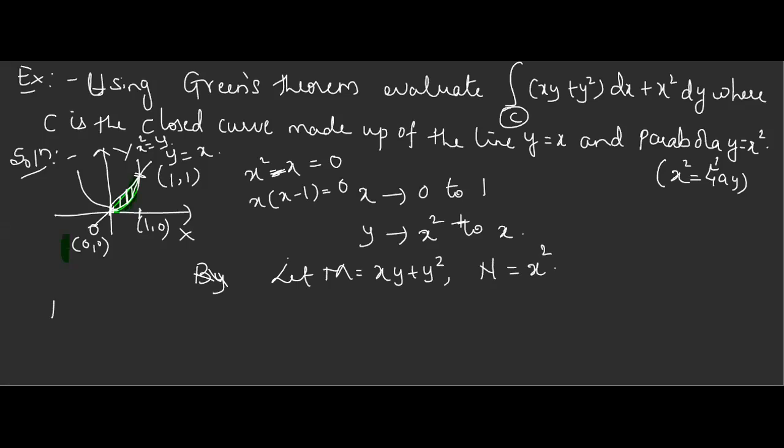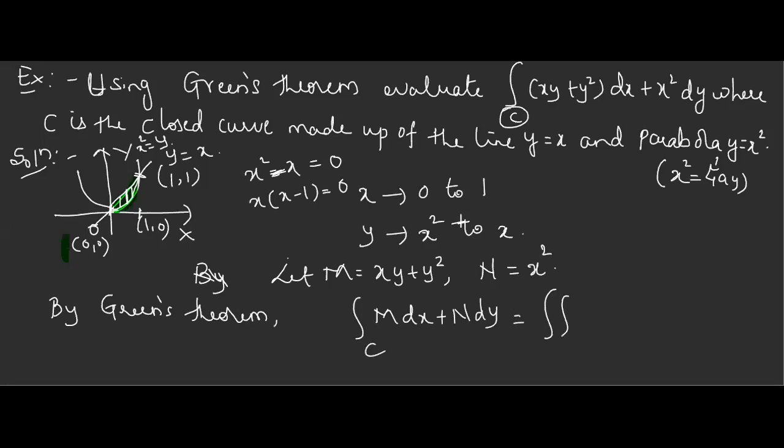Okay. Now write the statement of Green's theorem. By Green's theorem, what do we have? The line integral of the form M dx plus N dy over the curve C is written as a double integration over the region A. Can you tell me what you'll get? Is it dou M by or dou N by? It is dou N by dou x minus dou M by dou y, dx dy. So this is what we have by Green's theorem.